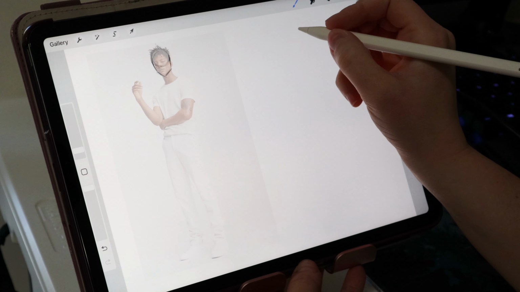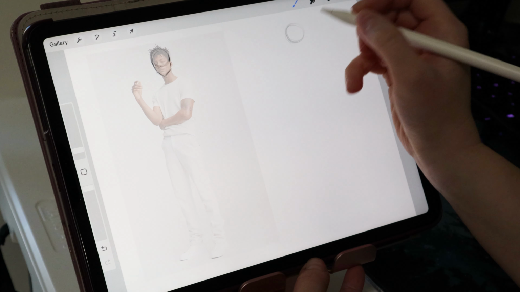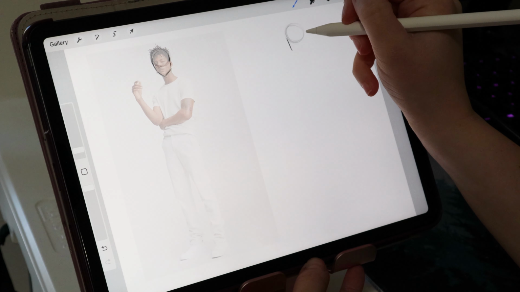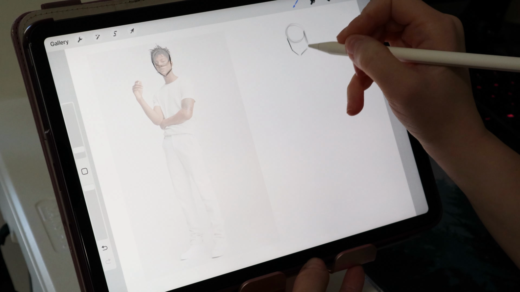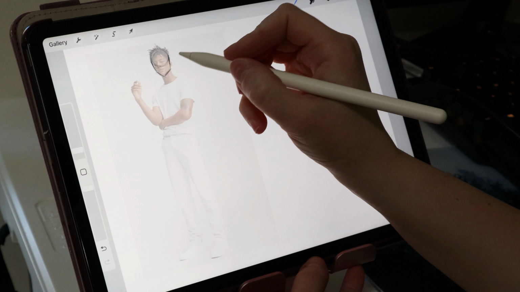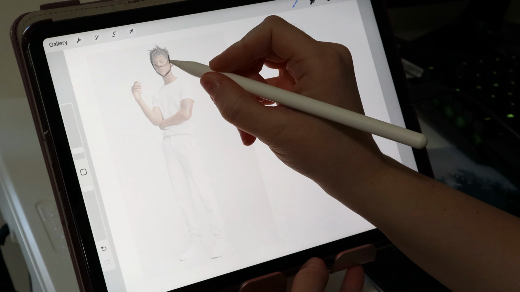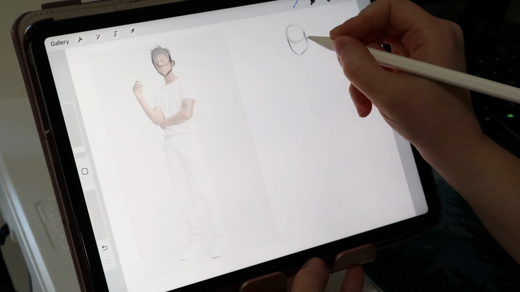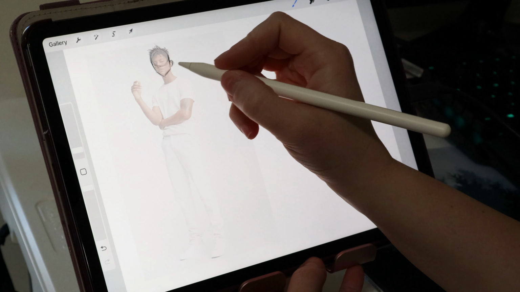So if we were to do that over here without that reference, we got that circle, we got the two lines, and we got that little triangle shape at the bottom there, okay? And then I always like to do a little ear. It's kind of like a half circle shape right down there. Okay, next